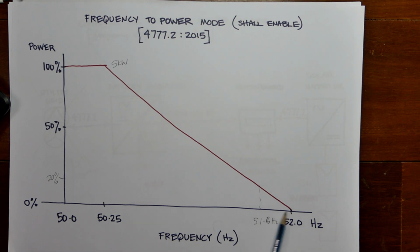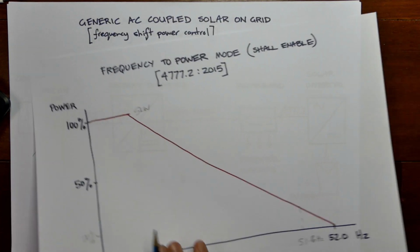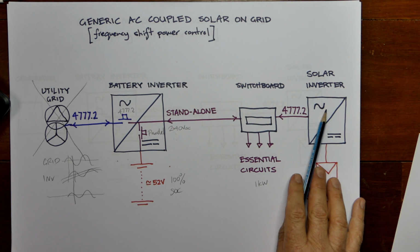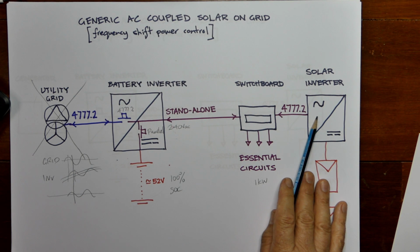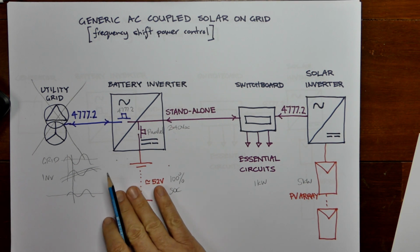So that shifting is what makes this all stable, allows this to happen safely, that the grid can disappear, but we can still charge our battery with solar by controlling the solar inverter. Okay, I'm taking this in kind of small steps because the next step is